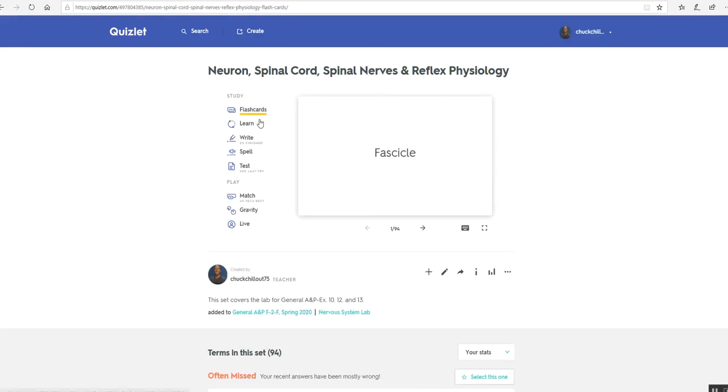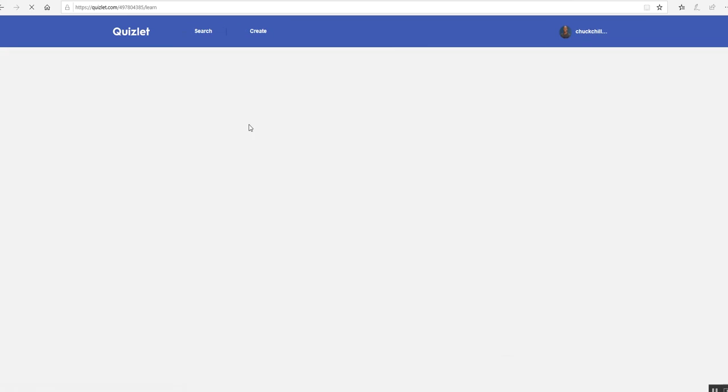Now, I want to talk about these different study features because there are some that are good for familiarizing you with the material. There are others that are good for allowing you to master the material. And mastering the material is what you want to do in preparation for your quizzes and your exams. So in terms of familiarizing you with the material, the learn feature and the test feature and even the match feature are good for that. So let's look at learn. So in the learn feature,